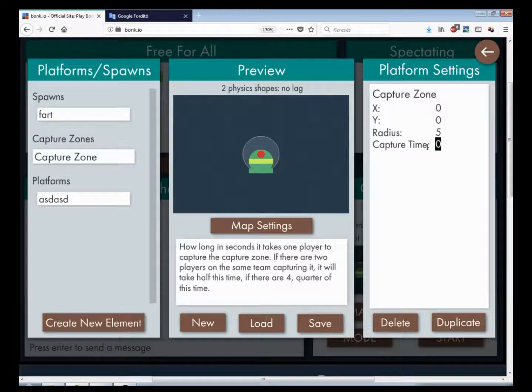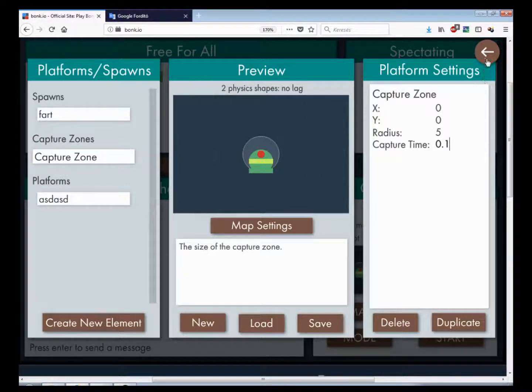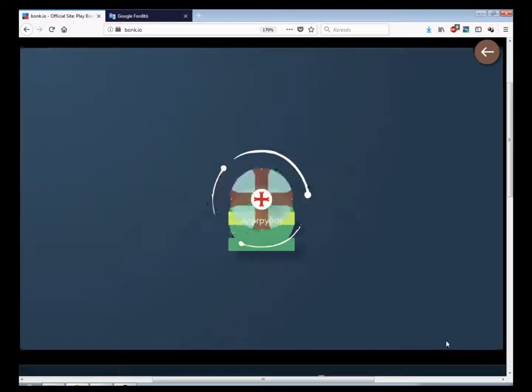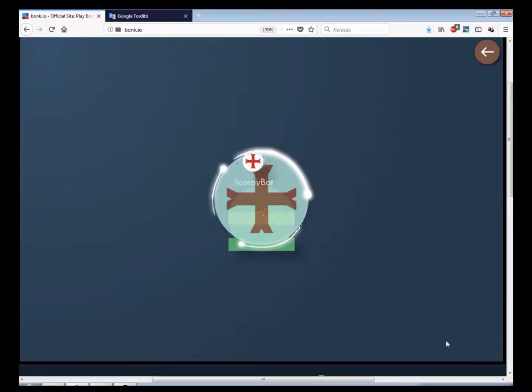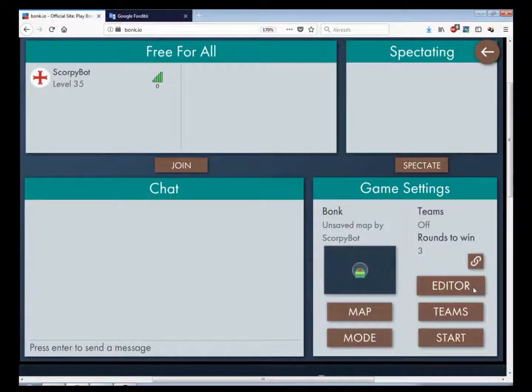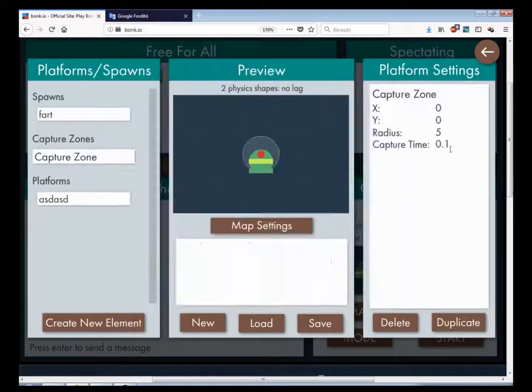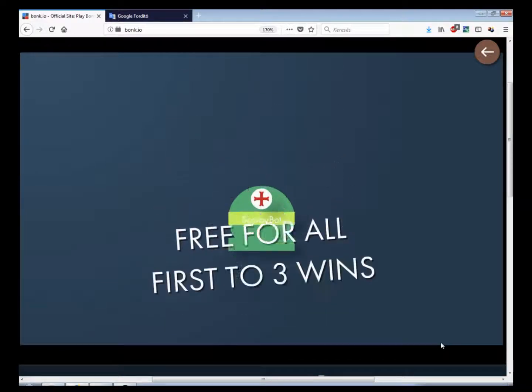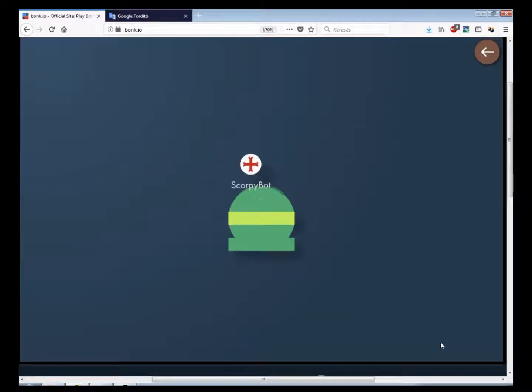But you can still set the capture time to a really small number, so this way you can capture it almost instantly. And you can set the radius to a really small number too, so this way it's almost unnoticeable, just a small dot. Okay,